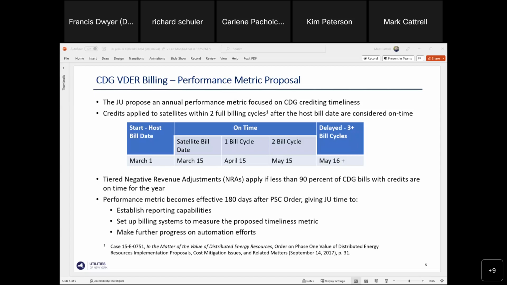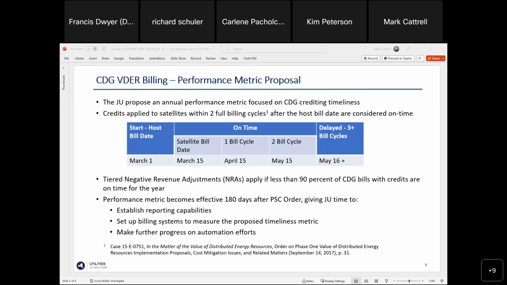So using this example shown in the blue boxes, if the host bills on March 1st and we have a satellite bill that bills on March 15th, March 15th is the first opportunity to apply credits to that satellite. So 1 bill cycle later would be April 15th, and 2 bill cycles later is May 15th. If credits are not applied by May 16th, they would be considered late for that particular satellite and would count